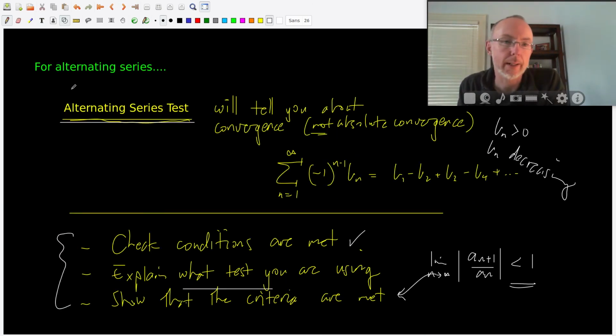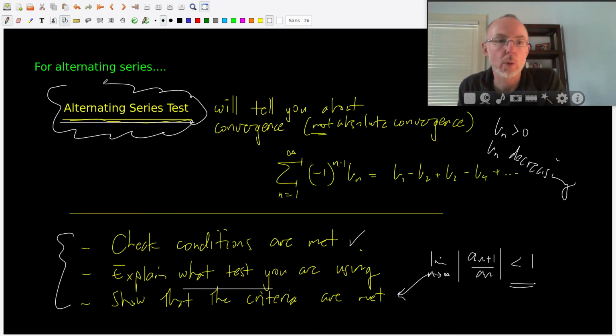And then for alternating series, there are special rules, and that's the alternating series test. I encourage you to have a look in the textbook in this section. It also has a big list of suggestions for approaching series and using these tests. I hope this has given you some kind of overview, because we're now going to take these tests and return to the land of calculus and actually start applying these ideas to functions